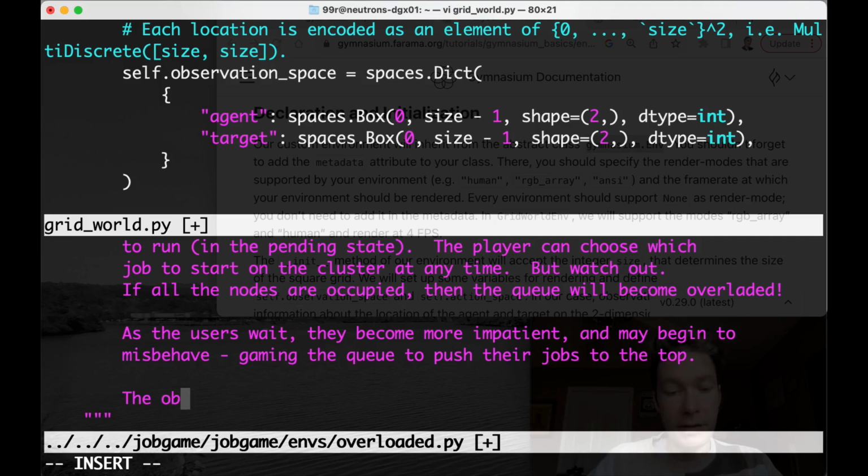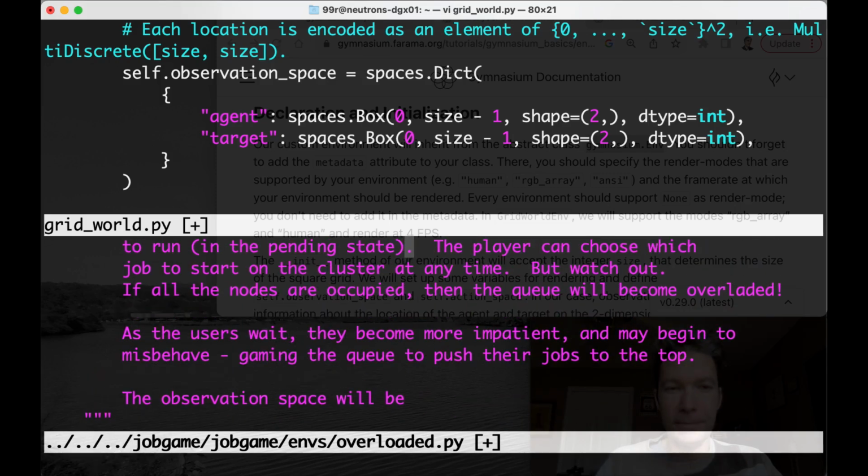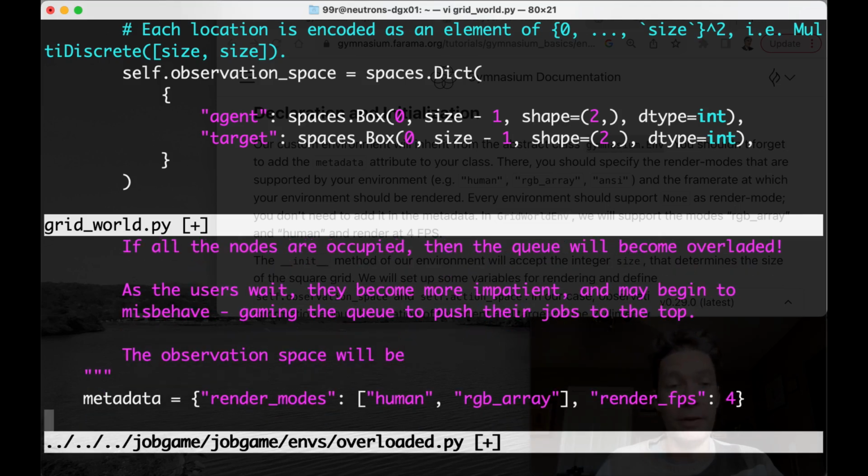The observation space is usually going to be a set of jobs, but we don't necessarily want just a whole bunch of jobs as an observation, because this won't map very well to a fixed size vector. So what we could do instead